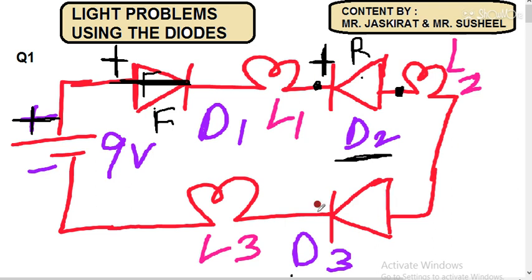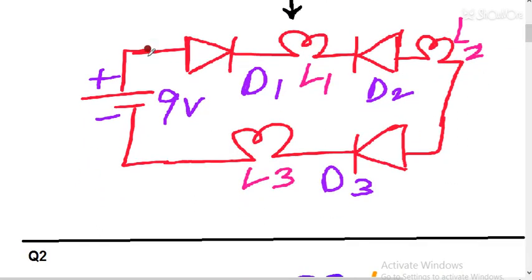If you see this D3 diode, here negative voltage is this one. So negative voltage will go here. So negative voltage is provided to the N terminal. That means it will be forward biased, so it will act as a closed switch. So I hope now you can understand again. If I go to its modified diagram, then you can see this will be a closed switch. This will be again a closed switch.